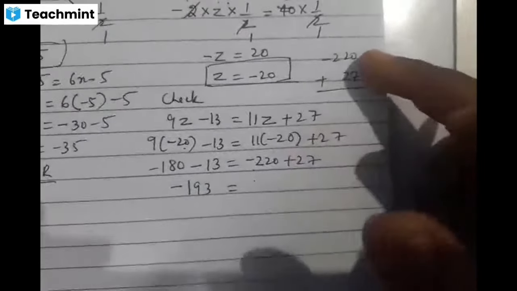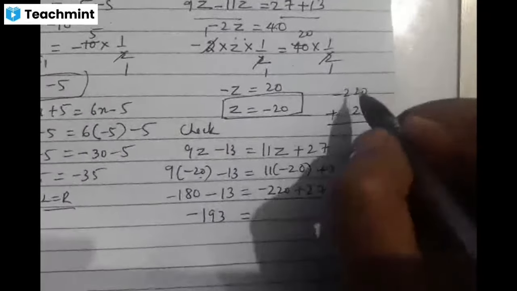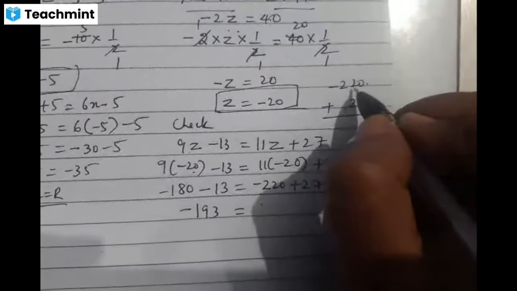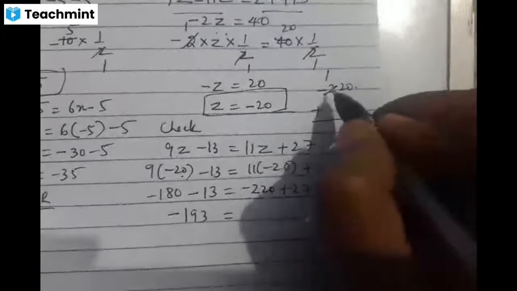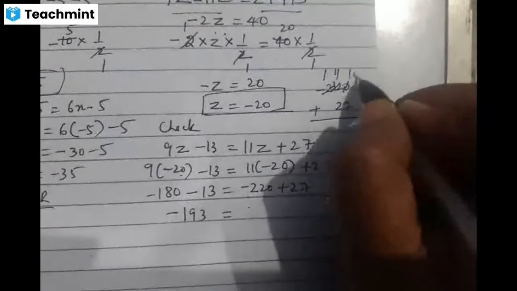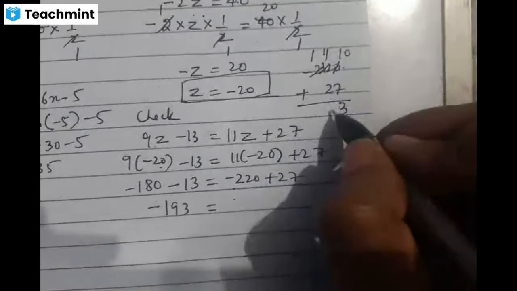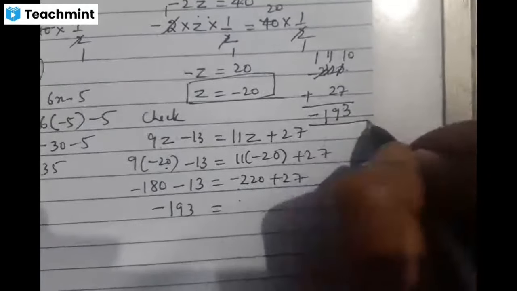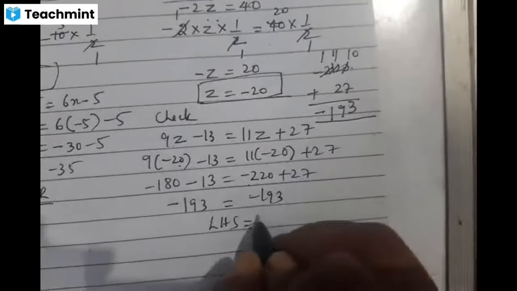One is having a minus sign, one is having a plus sign. So what do you do? Subtraction you know. 0 minus 7 is not possible. Take the borrow. Here also you get less, so I take it from here. So it becomes 12. 12 will become 11 and 0 will become 10. 10 minus 7 is 3. 11 minus 2 is 9. 1 as it is. The bigger number's sign is minus. So minus 193. LHS is equal to RHS.